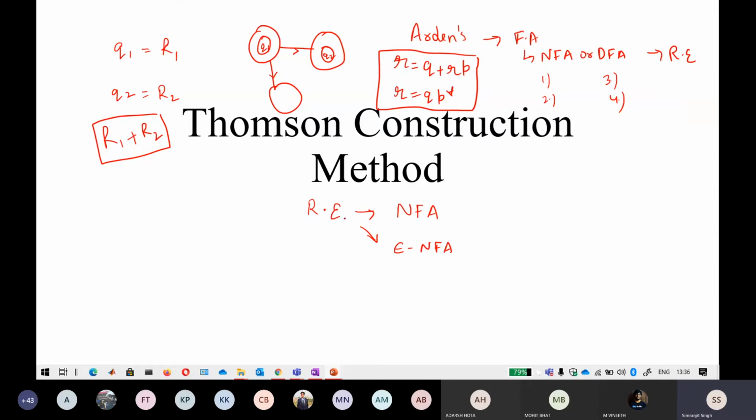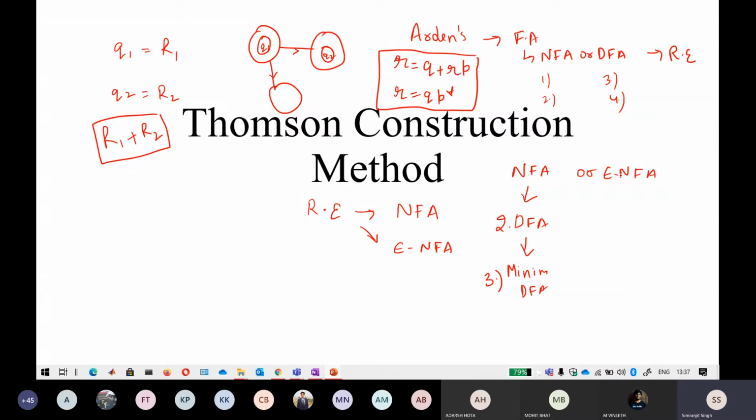So the definition says that this Thompson construction method is used to convert a regular expression into an NFA, but in most cases it converts it to an epsilon NFA. Okay, so you will get either an NFA or an epsilon NFA by this Thompson construction method. Now, if you have an NFA, then you have to convert it into a DFA. Then you have to minimize this DFA to get the appropriate result. We have all done steps 2 and 3, so don't worry about that part.